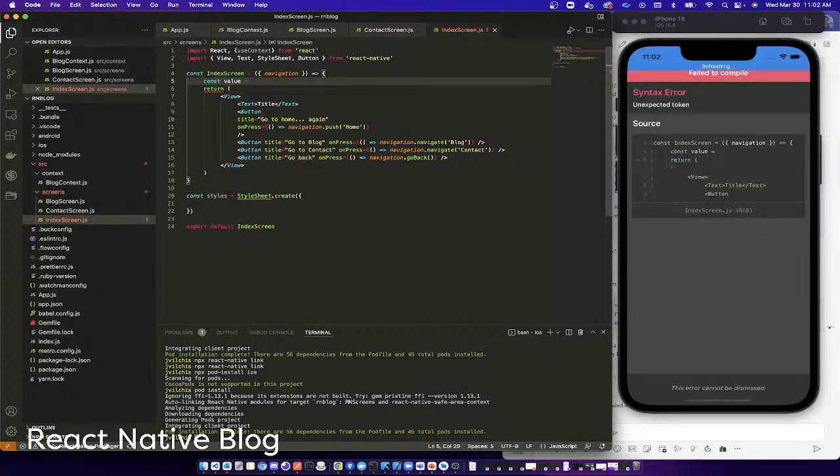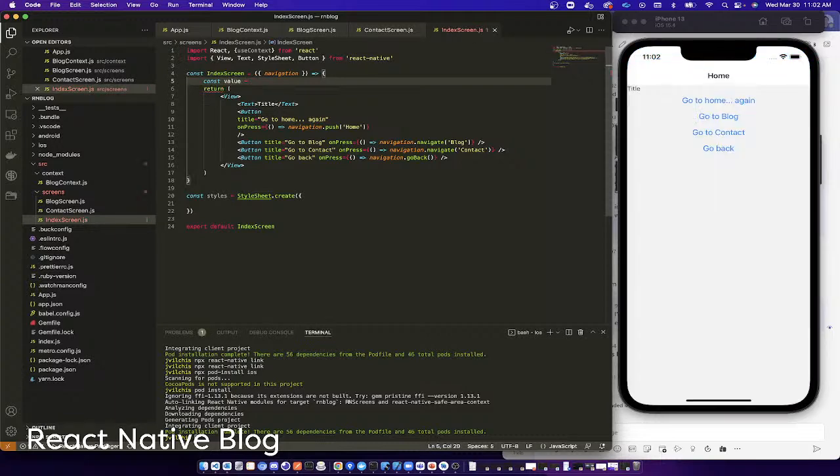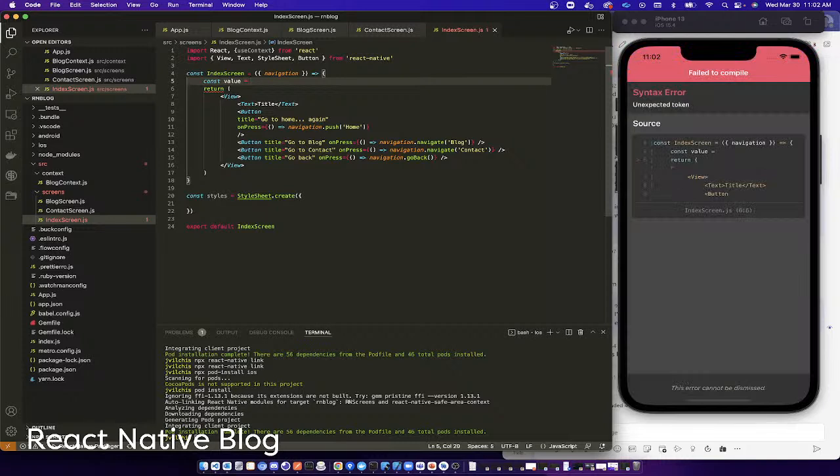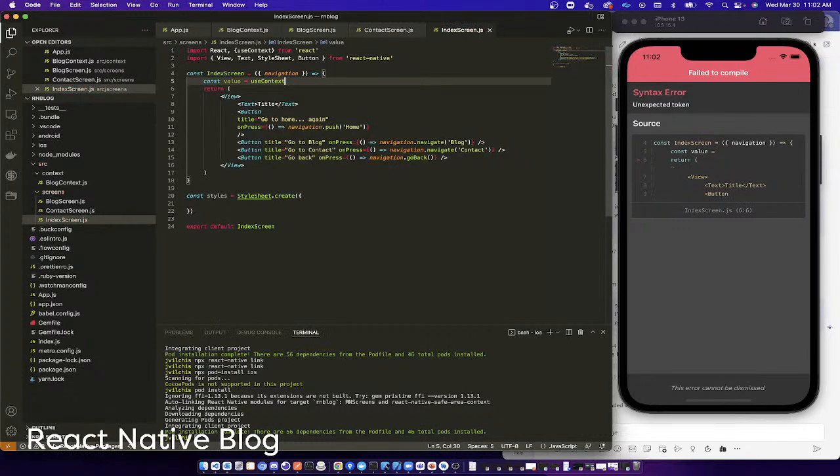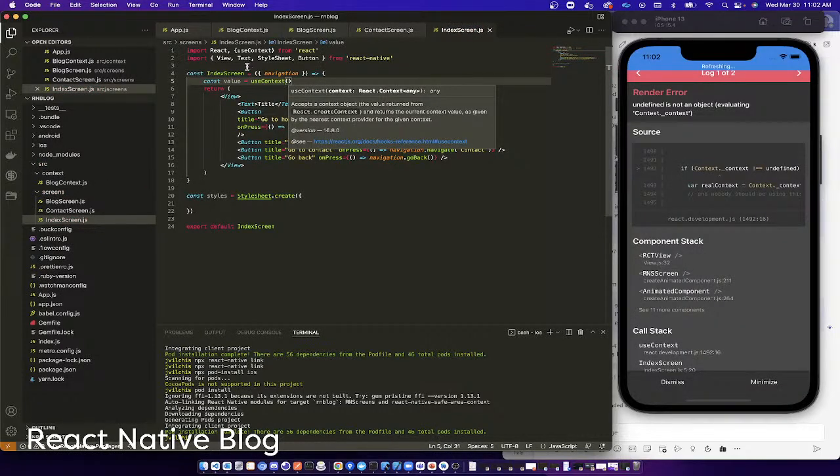You can name whatever you want, that value. I'm just maintaining the same wording so that we can refer back to the context. So this is just for not creating more variables than we have to. So use context, and we need to import